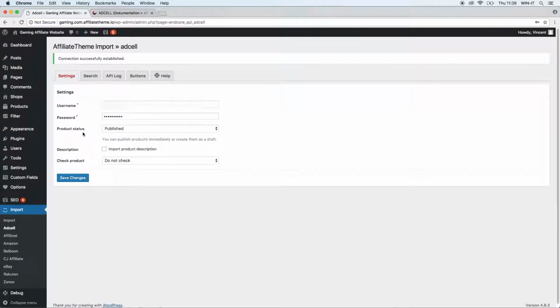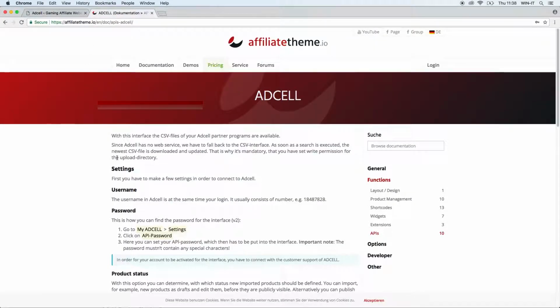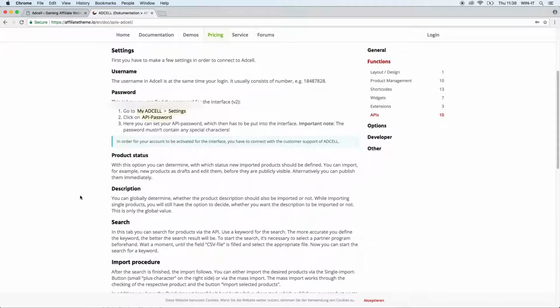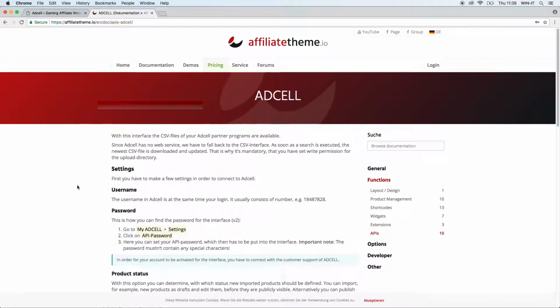Then we get right into the interface of this plugin, and we're starting with the general settings. First of all, you will have to enter your login data from AdCell. You will have to be a partner, or at least you have to have an account at AdCell in order to use that plugin. You will have to enter your username, your password, and then other options are following. If you don't know where or how to find this information, just go to our documentation, search for AdCell, and you will be directed to this article. And here it's explained in detail where and how to find this data.